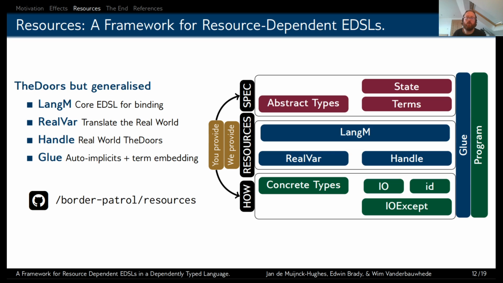Well, the doors as a bespoke EDSL and our framework, resources, is the generalization of the doors to allow common functionality to be shared across different implementations. LangM is the core EDSL for binding and context updating, and we have interfaces for mapping abstract types to concrete types. This is RealVar. And for mapping descriptions to concrete computations, this is Handle. Like effects, we still separate specifications from descriptions, and this is what language designers using resources need